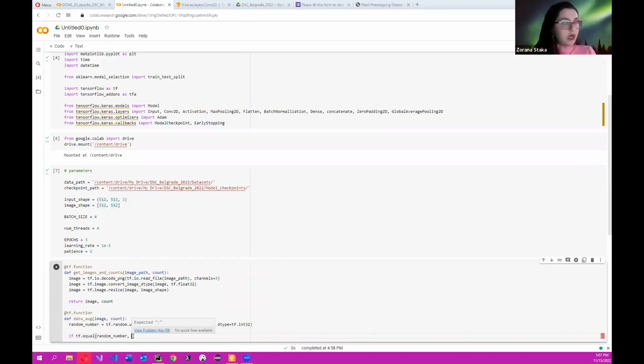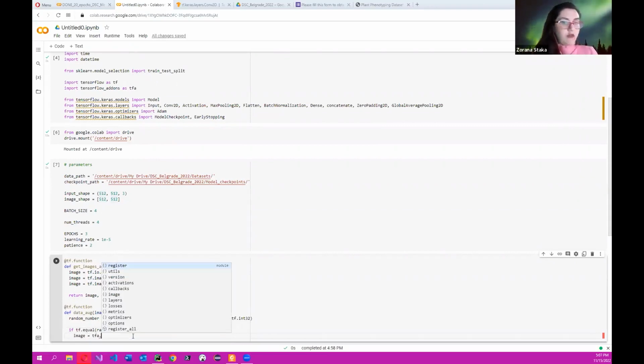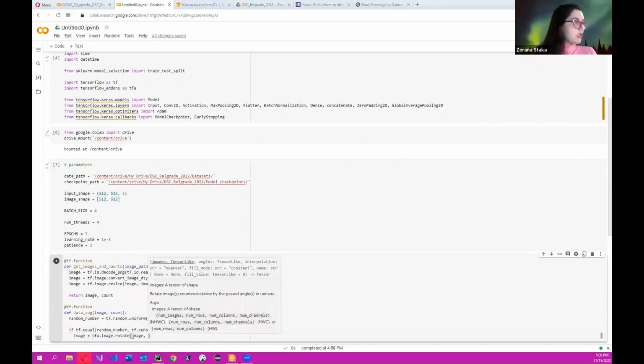If we want to say it's equal to 1, 2, 3, we need to say tf.constant(1). So if it's equal to 1, we're going to do a transformation of our image by rotating it. Rotate the image by 90 degrees. First we need the image, rotate it by 90 degrees,